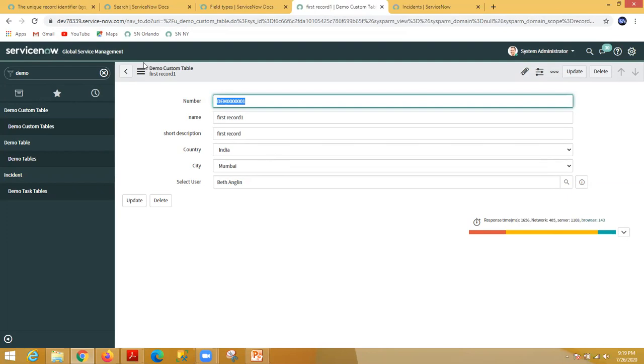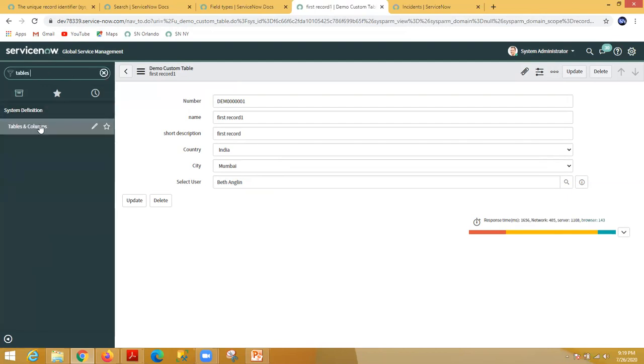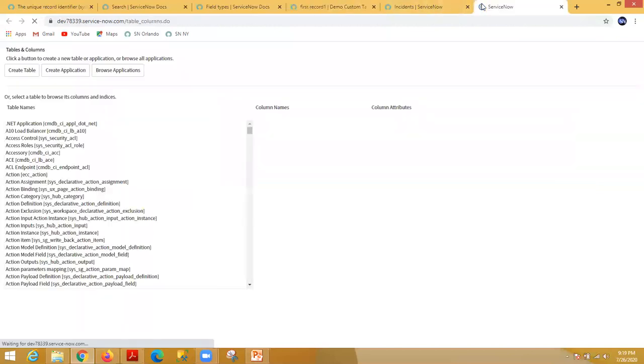Okay, so if you remember, I told you about schema map. Now if you see the demo custom table schema map, you will see two tables at least. I'm opening the schema map, which will tell you how one table is related to another table.